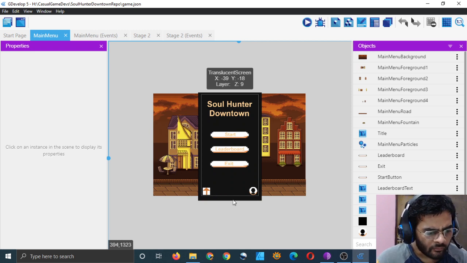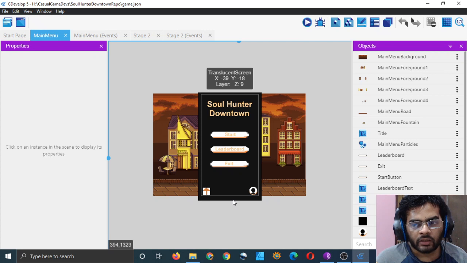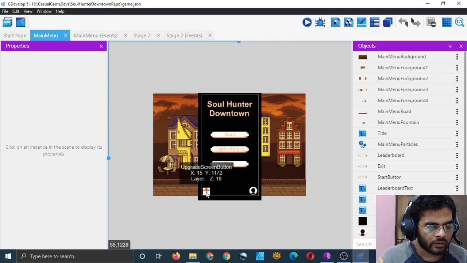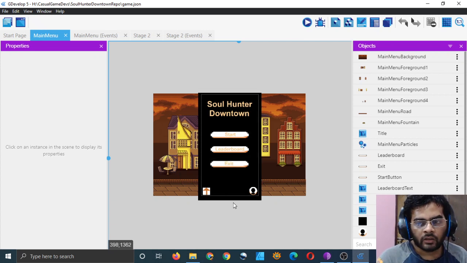We start from there, we go to the area selector, and from there to the game. Then from the game we can go to the pause menu. From the pause menu we can go back to the game or go to the main menu again, and from the main menu we can again go to the upgrade screen, upgrade or not, and come back to the main menu. That's our control flow. I mean, to which scene our control is going.